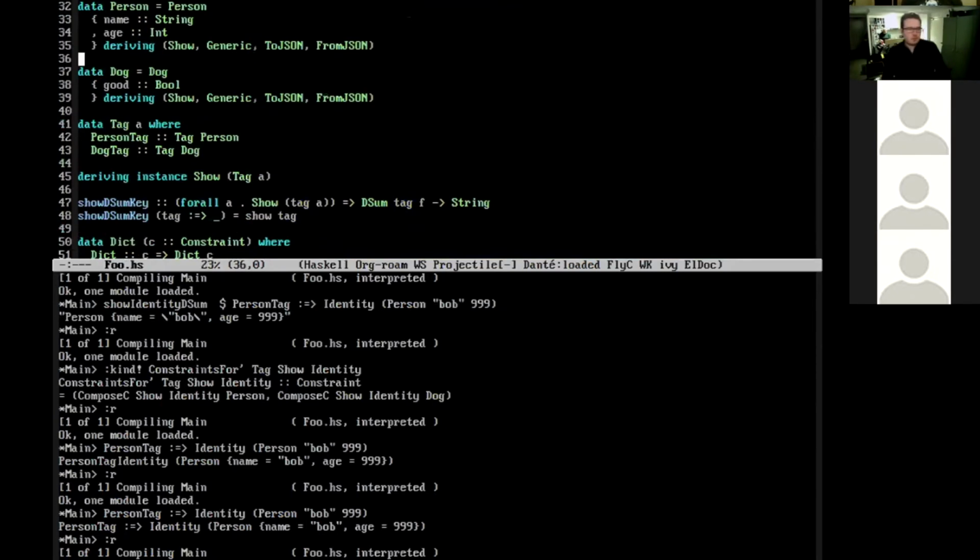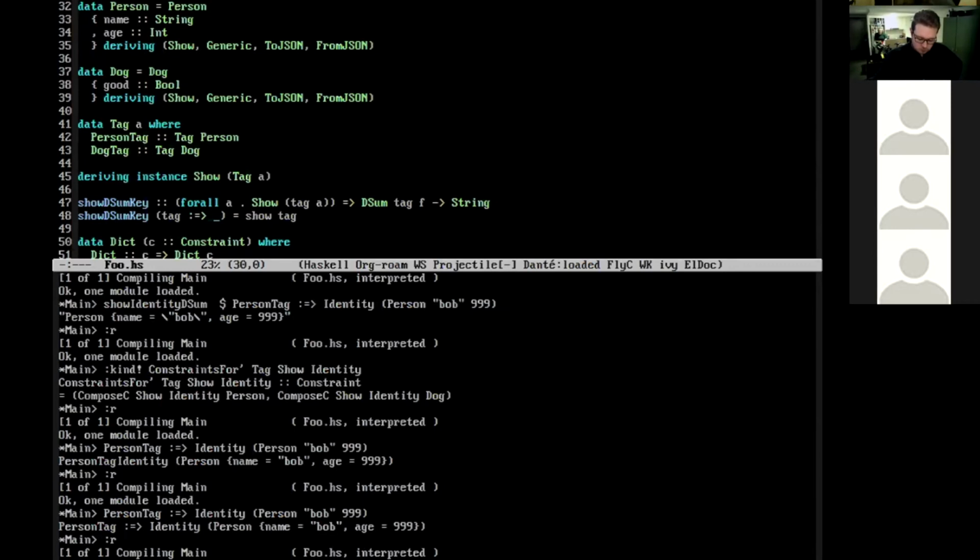Dependent sums and dependent maps are actually quite pleasant to work with when you're dealing with the kind of awkward data types that you get when you work with JSON APIs, because the dependent map type in particular generalizes this to sets of these things. So you have a bunch of keys, you know what the values will be at each key if they exist.